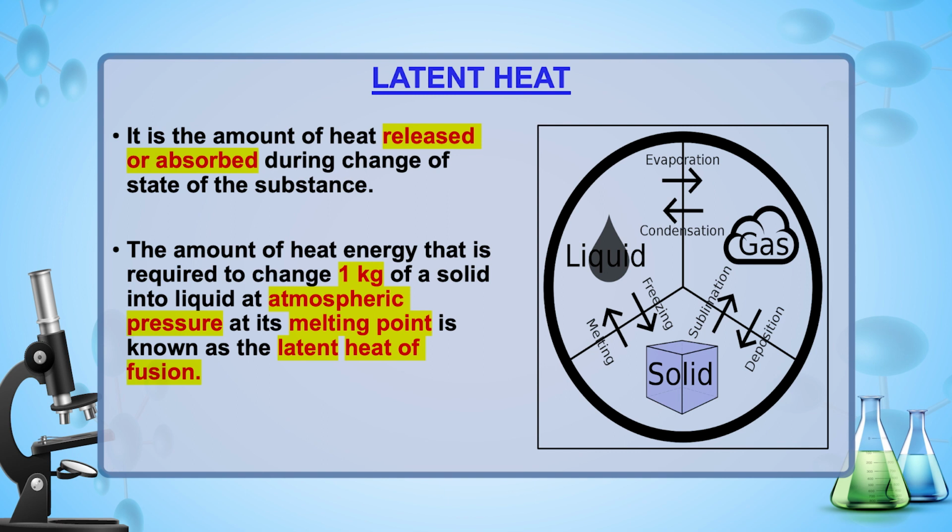It is the amount of heat released or absorbed during change of state of the substance. Its definition can be explained as the amount of heat energy that is required to change 1 kilogram of a solid into liquid at atmospheric pressure at its melting point is known as the latent heat of fusion. So, particles of water at 0 degree Celsius or 273 Kelvin have more energy as compared to particles of ice